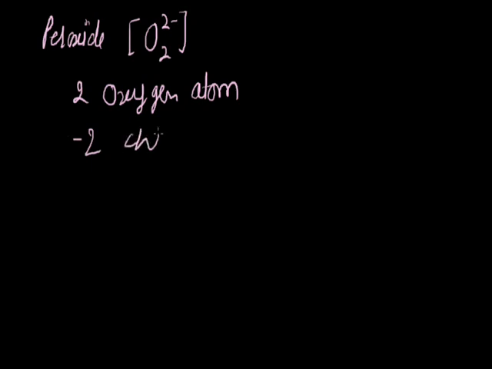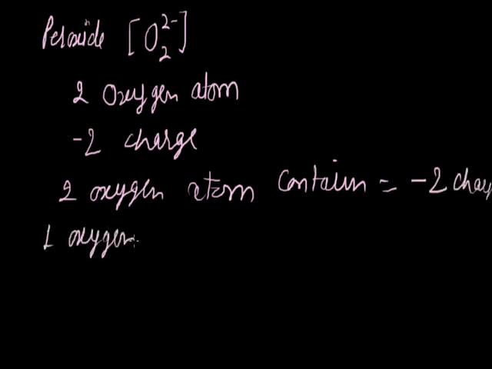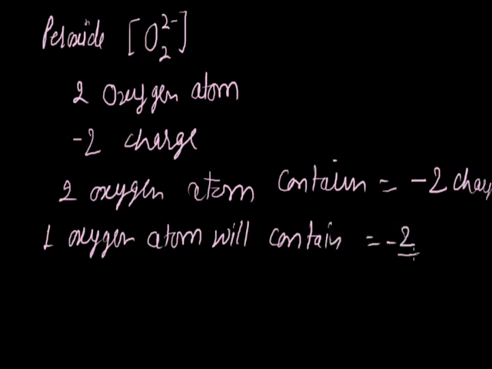So we can say that two oxygen atoms contain minus 2 charge, so one oxygen atom will contain minus 2 divided by 2, which is equal to -1 charge. So we can say that the oxidation number of oxygen in peroxide is equal to -1, and